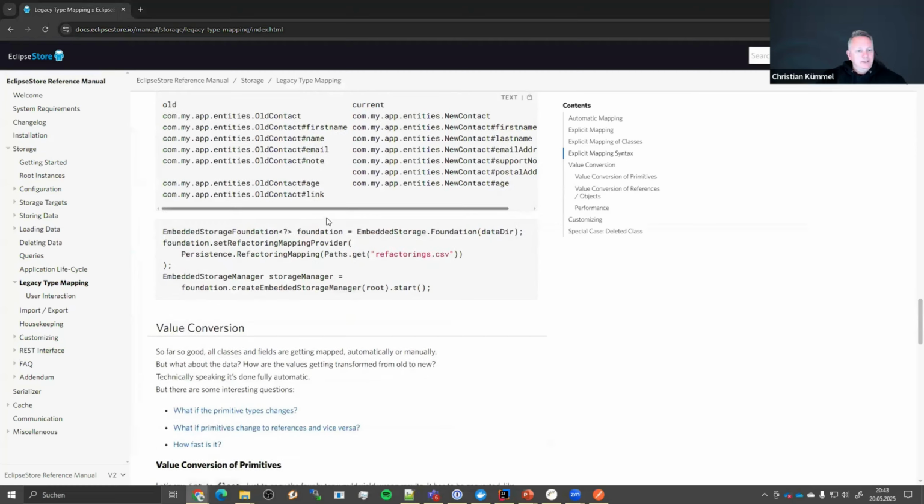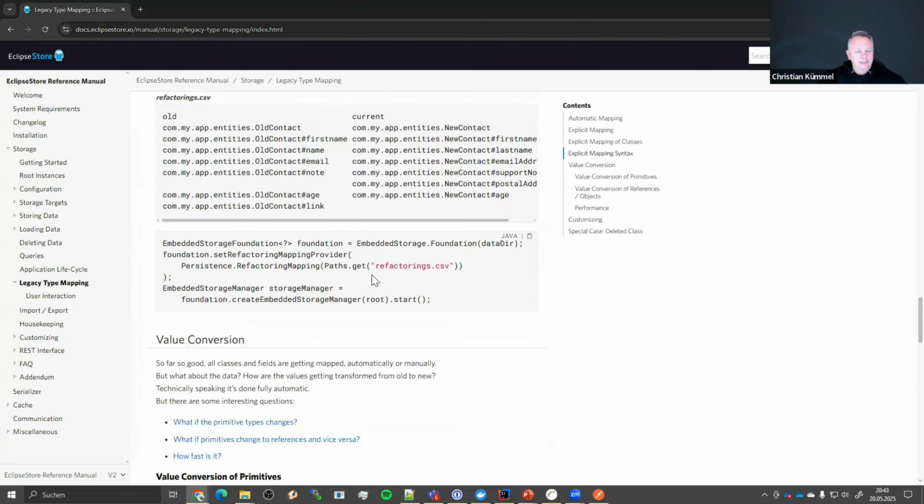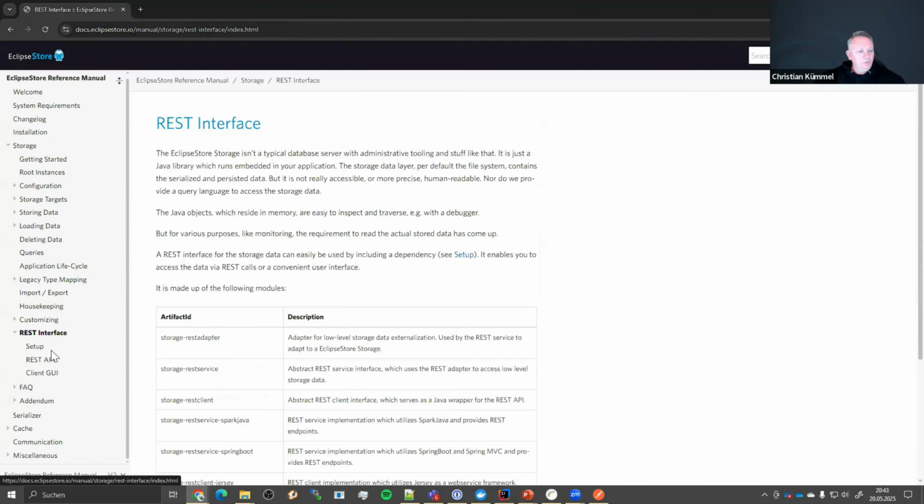Okay, so, and as I said, there is a lot more to know regarding that legacy type mapping. More comes in the advanced training, and that brings me to the last topic for today before we close. It is the way to access via the REST interface. And I will do this. There is one example project, and I have to share this with you because